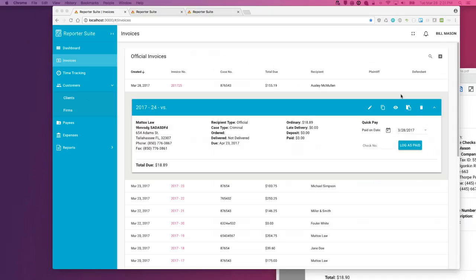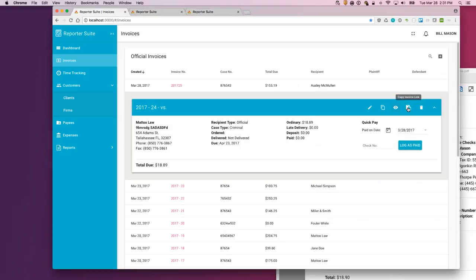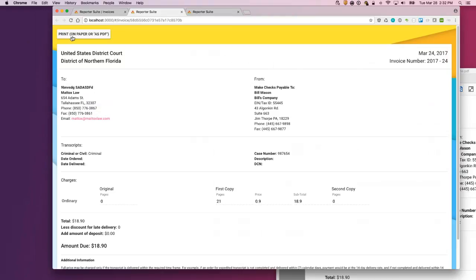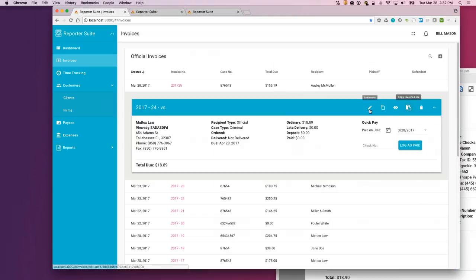Okay, so the link is the actual link to the invoice. So let's say you're in Case Catalyst or you're in Eclipse, bundling up a transcript, getting ready to send it out. Rather than attach a physical invoice, what you can do, you can always do that. You could print your own invoices, save your own invoice as a PDF, of course, and attach it to the